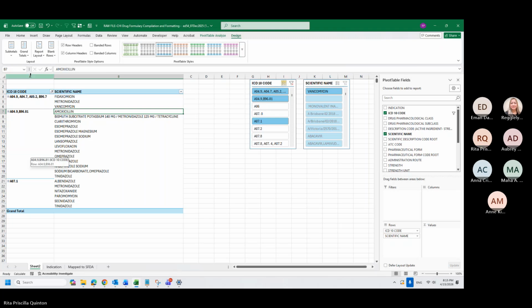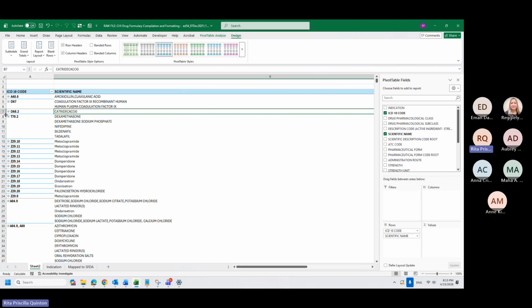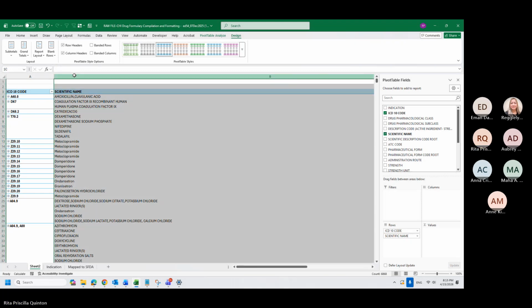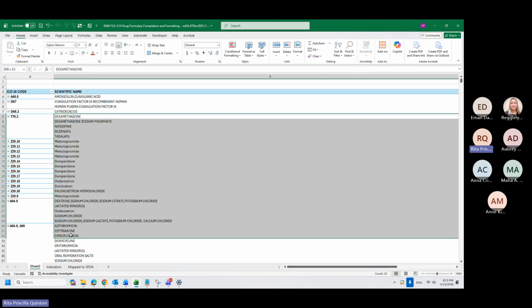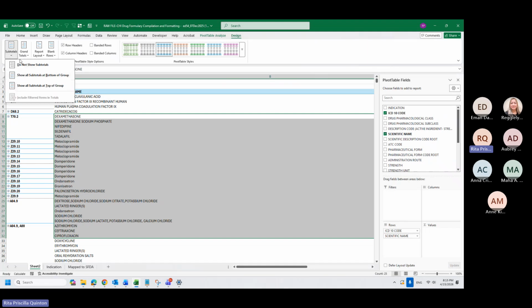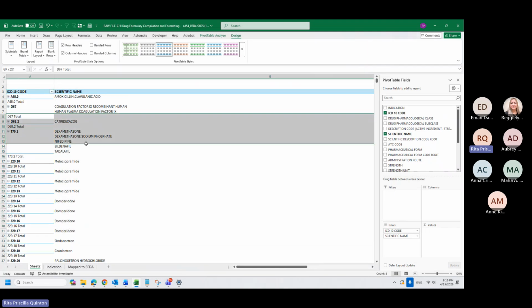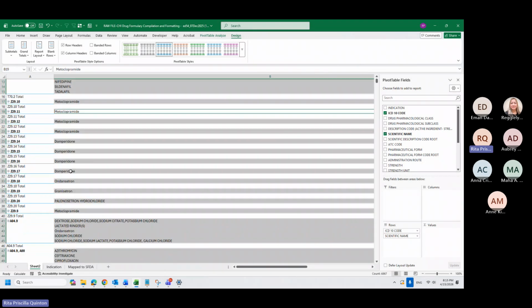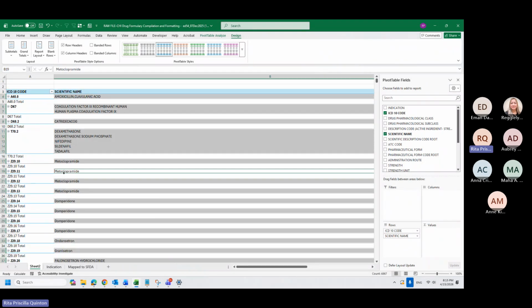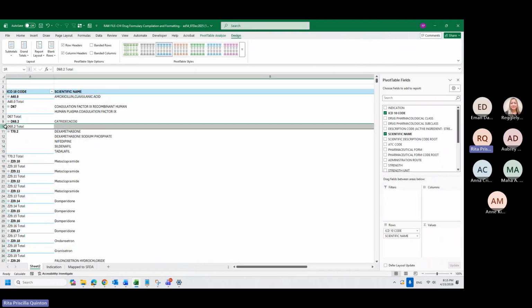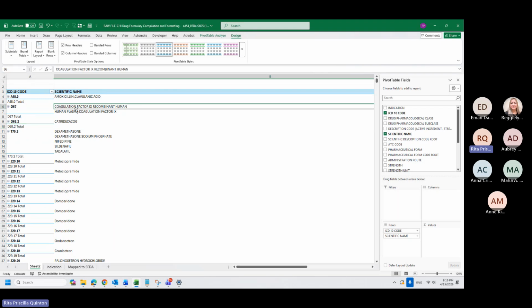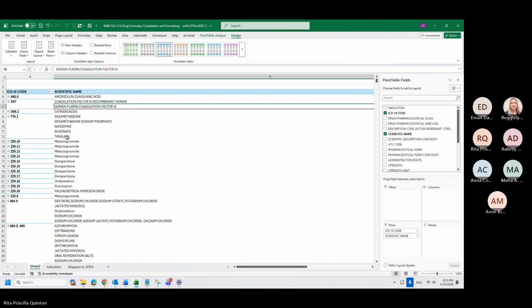It will be effective also if I remove the filter here. See, there will be no more blanks in between. But if you show subtotals at the bottom of the group, it will appear like this. So better, when you do a file, if you don't have any subtotals, like you don't have amounts and don't want to see the amounts of each category, just remove it.